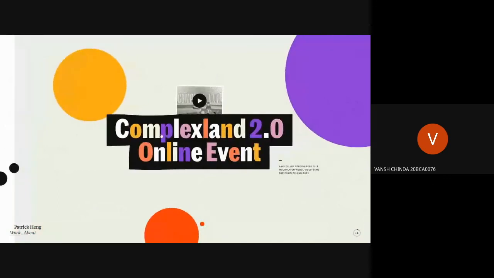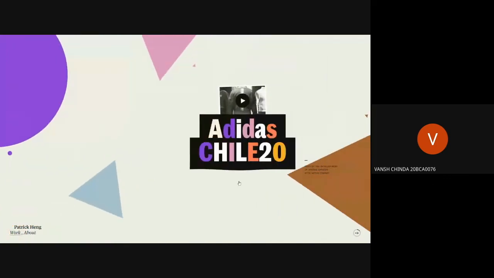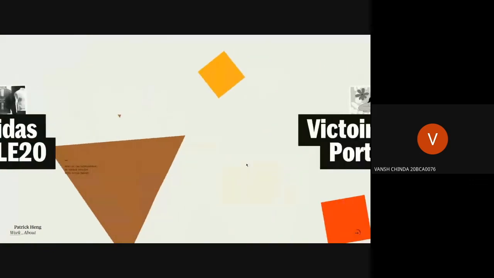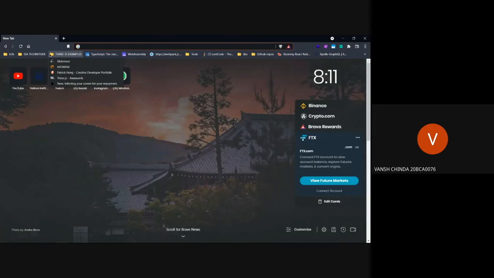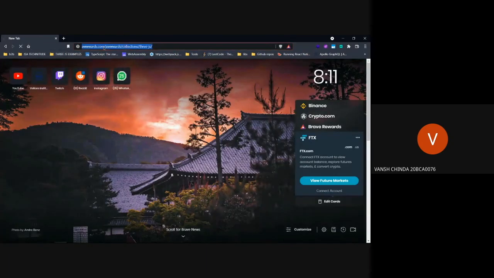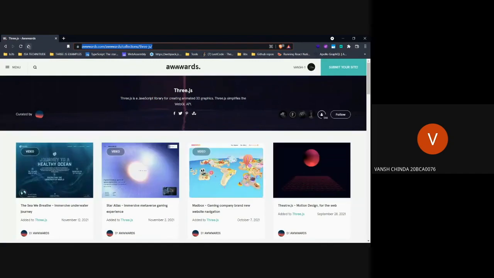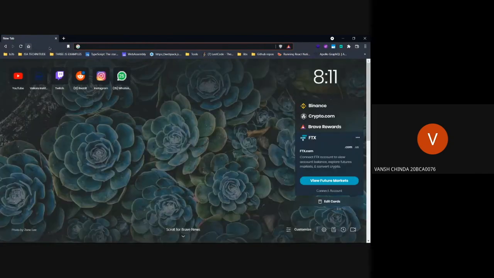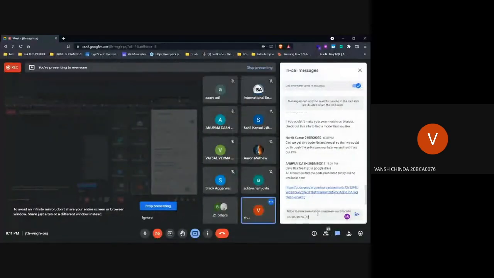These are SVG renders with gravity and other functions applied to them. This example is really good as well. So you can get into more examples on this website. I'll share the link. It's basically best websites awards. There are a lot of websites here. You can get into looking at them here as well.